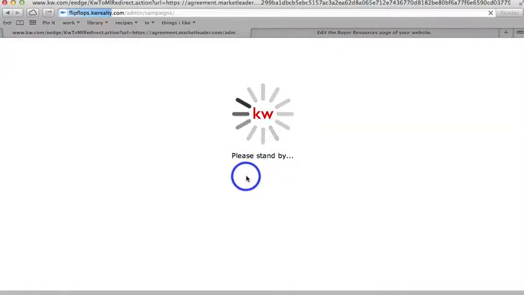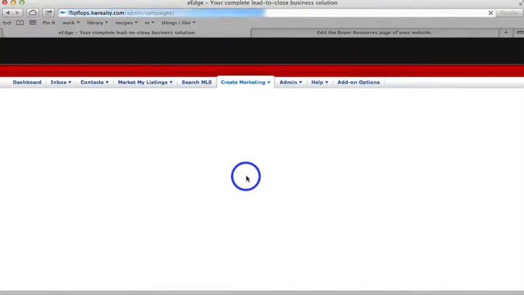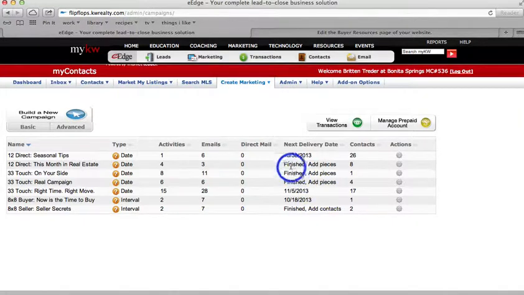Now this next page that opens up may look slightly different for you. I already have some campaigns that are either finished or that are still working. So I have all of those campaigns already in my little database here. If you've never added a campaign, then you'll have nothing here, so don't worry about it. What you're going to do is click on Advanced,